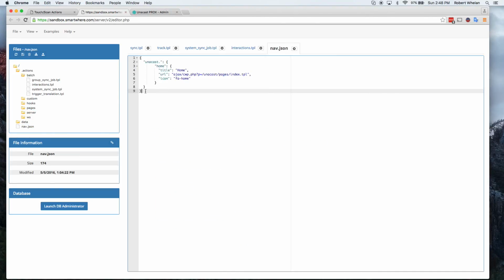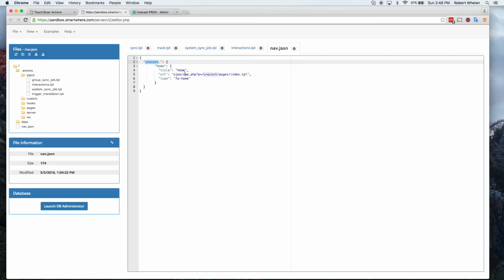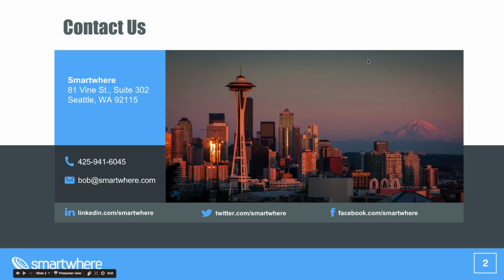One other point here. This shows how you can take the system, and this is basically all you had to do to add that new menu item into the system: drop in this JSON, and different names do different things. So this is navigation. You can do it by user. You can add things throughout the interface, but we won't get into all that at the moment. And that's really the initial implementation. We're looking forward to being able